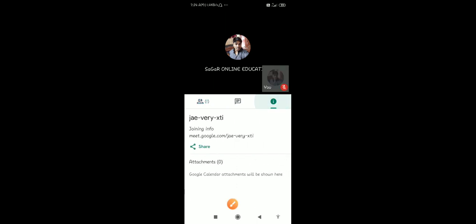Just go to WhatsApp and share the meeting code. Simple thing. If you don't get any pop-up to share the meeting code, just go to the I symbol here. You can see the share button. Just click the share button.